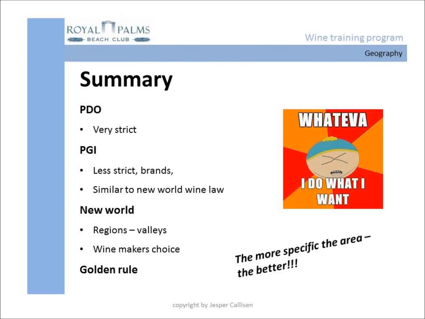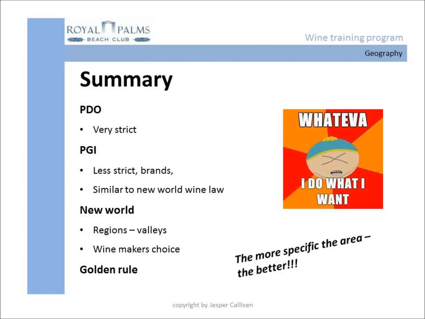As such, they also cover multiple regions like the New World wine appellations. This means that winemakers can make the style of wine which they like by declassifying it to a lower rank of PGI. This does, however, come with some risk, as it can be difficult to sell at the same price as the higher quality designated PDO appellation.